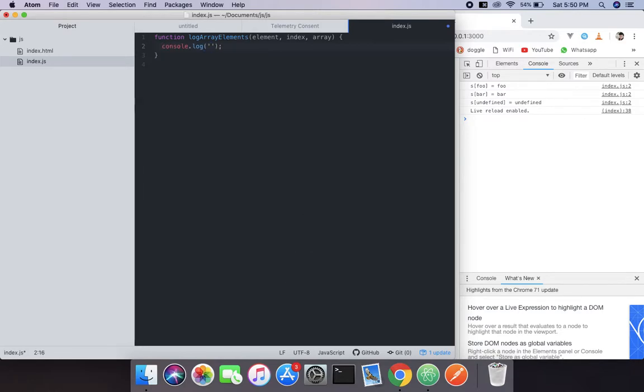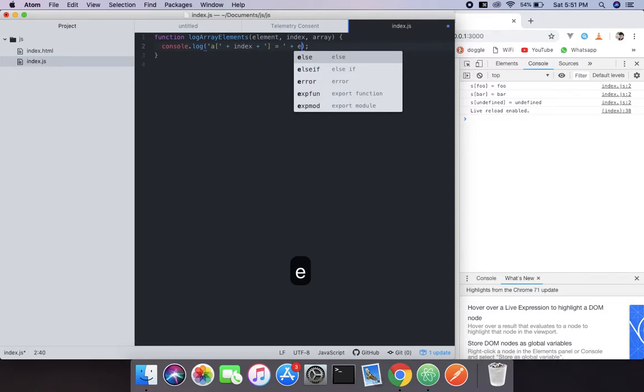First make a slash, and then we will concatenate the index, then again concatenate another slash and say equals. And the other thing we're gonna do is concatenate the element